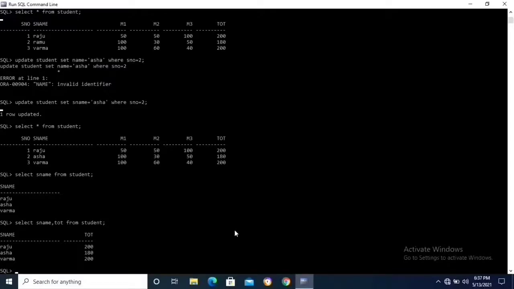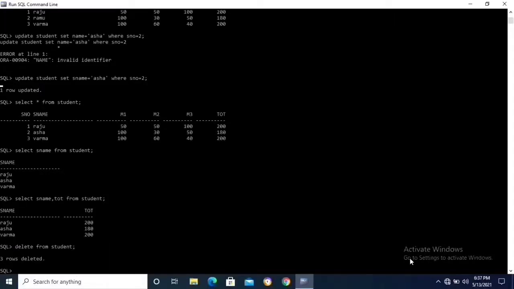Delete the data from the table. So the command is delete from, table name is student. Okay, this command is used to delete the data from the student table. Enter. 3 rows deleted.